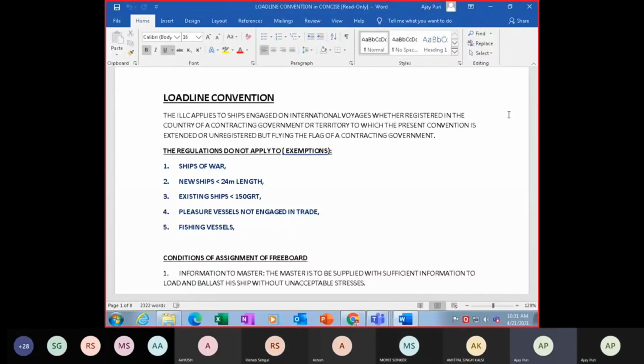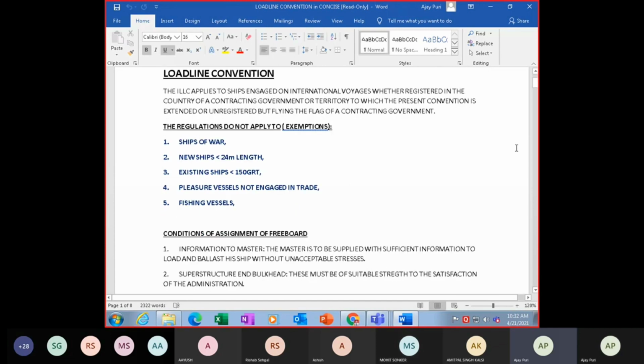Whether registered in the country of the contracting government or territory to which the present convention is extended, or unregistered but flying the flag of a contracting government, this is going to apply. Now, the regulation will not apply to ships of war, new ships less than 24 meters in length, existing ships less than 150 gross tonnage,